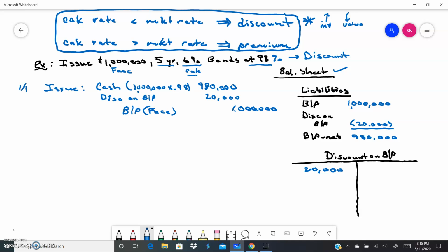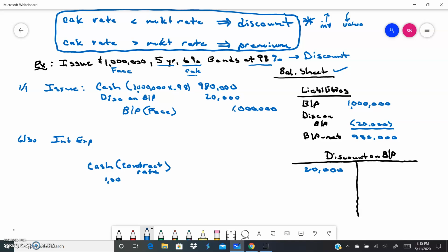Okay? All right, then we're going to have interest payable semi-annually. So let's say June 30, we're going to have interest. So we're going to debit interest expense and credit cash for right now. Cash is always going to be at the contract rate. In other words, that is what is specified to be paid to the bondholders, and it will never change. So the cash amount here is going to be $1 million,